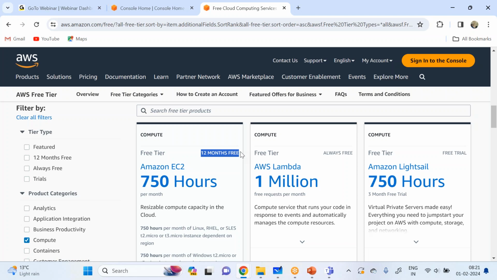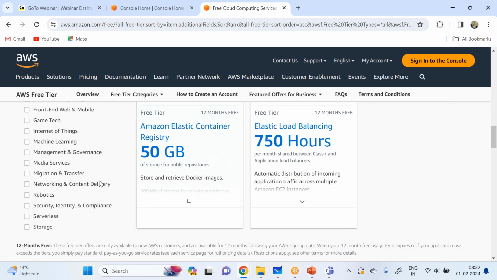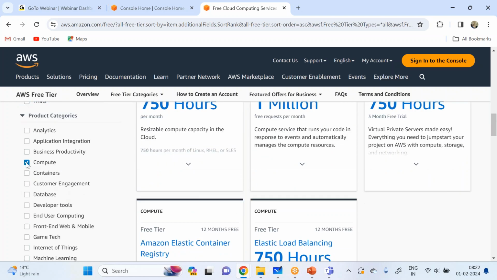If you are creating a machine and running that machine for 24 hours a day, then in a month you are consuming 720 hours, right? So the limit is 750 hours, but you can use it up to 12 months. For different services, there is a different limit. For example, if you go to storage,